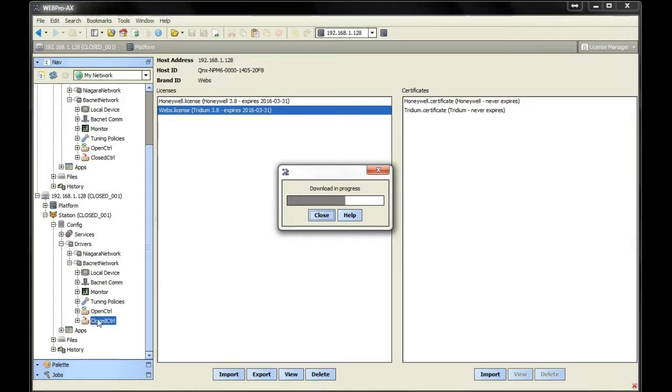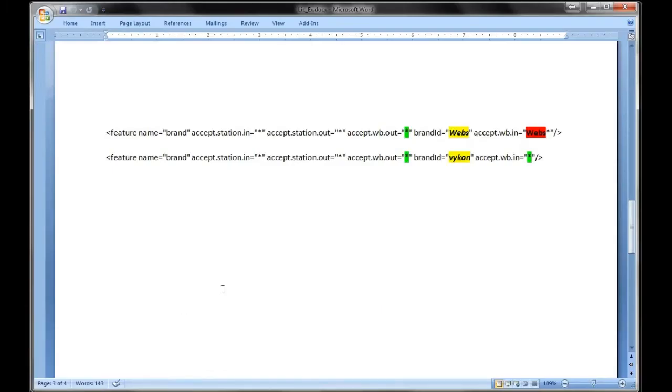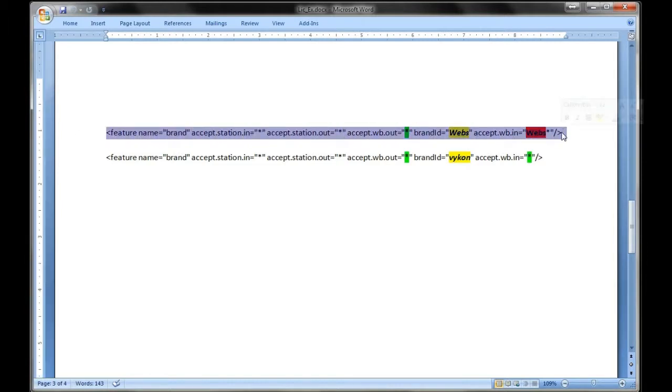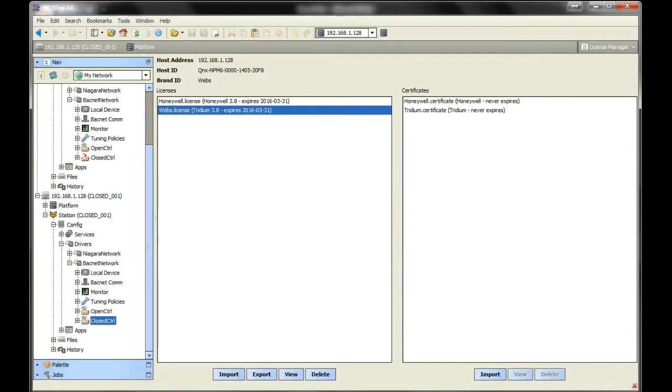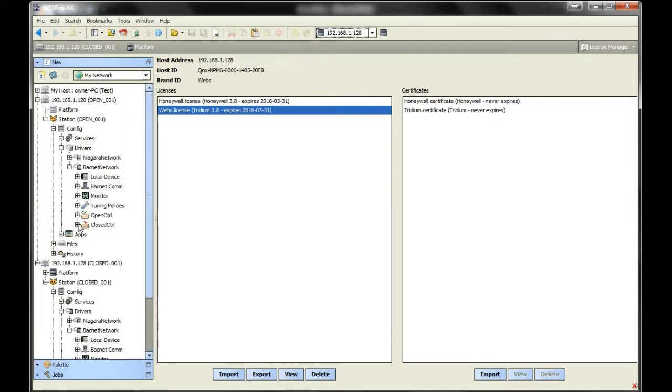So the fact that I can download this controller at this point may seem like a good thing, but it's really not. Reason being is, looking back at the license, I at this point, being a Webs dealer, Webs workbench, and Webs Jace, have the ability to download this, but I would be the only one, the only vendor able to download this. What we ultimately want for an open system